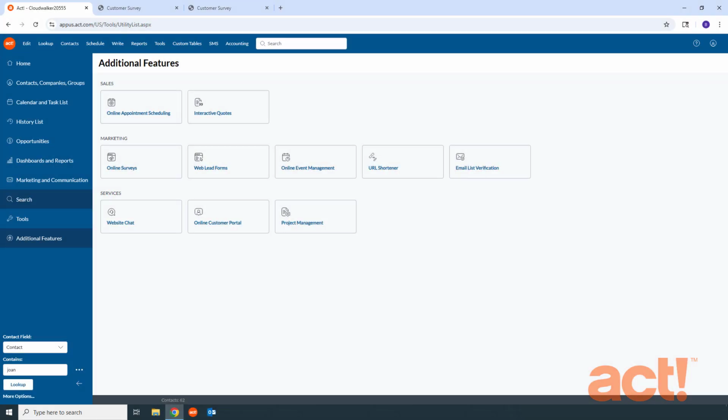The email list verification tool helps you to trust your own data through validating the email addresses of your contacts. In this video, I want to show you how to complete the initial configuration steps for ACT email list verification. To access ACT email list verification, log into your ACT account, and then click the additional features in the left